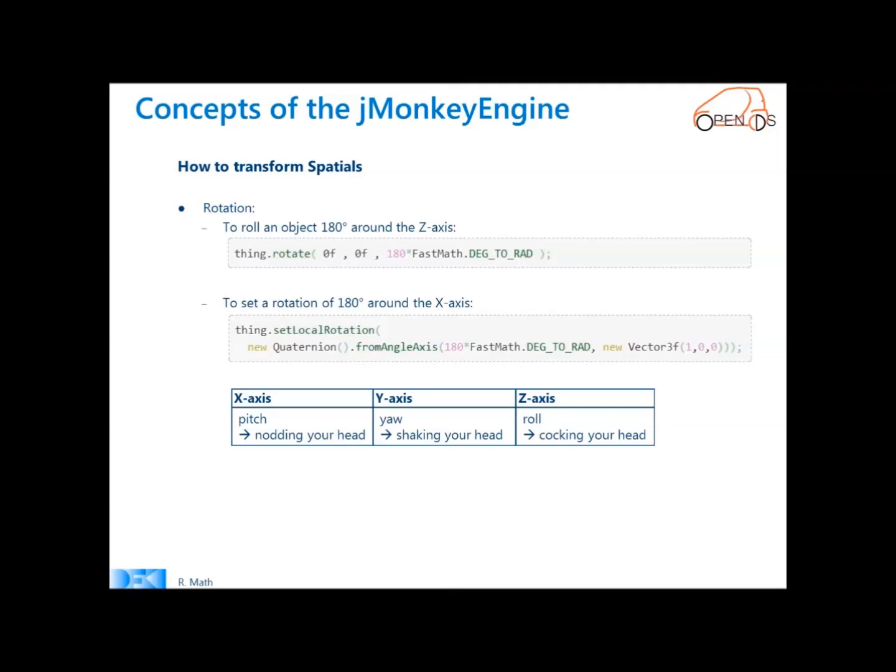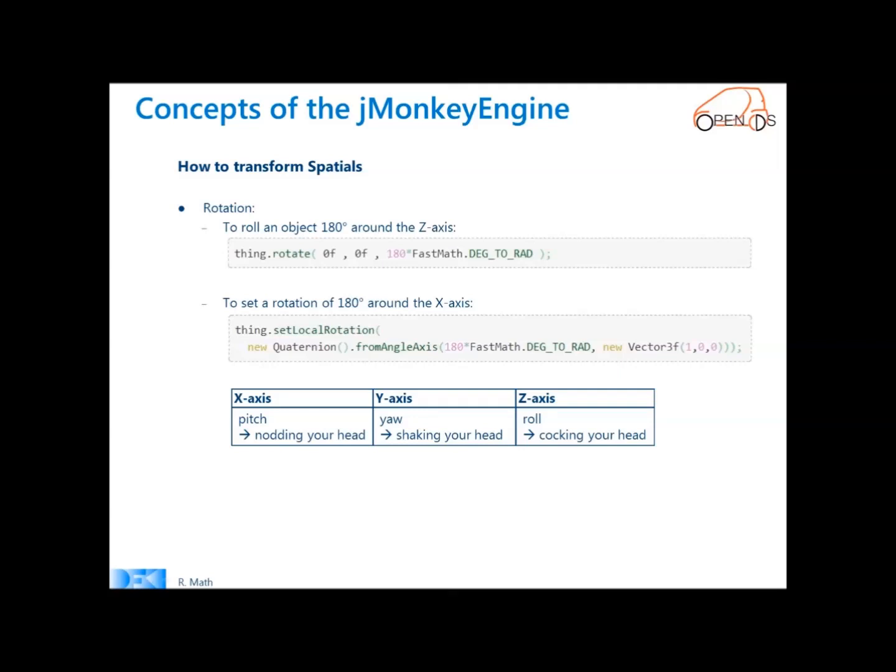For the y-axis, it's the up axis. The objects can only rotate around the up axis in this way, which is like shaking your head. And last but not least, the axis that is facing towards you,